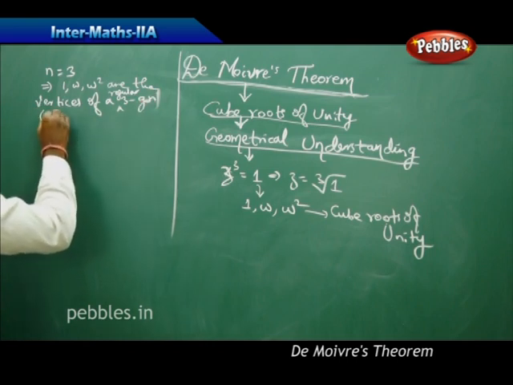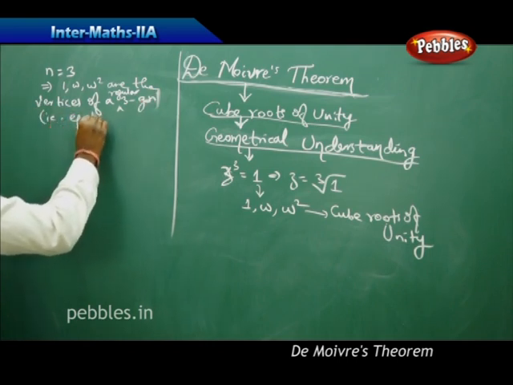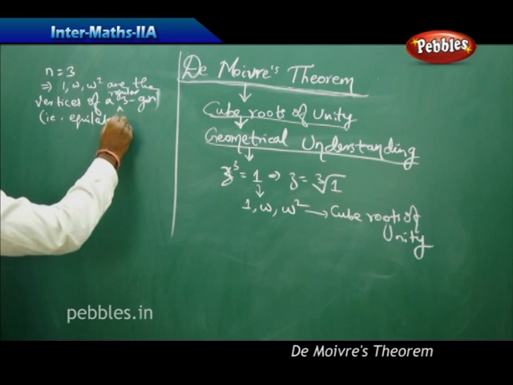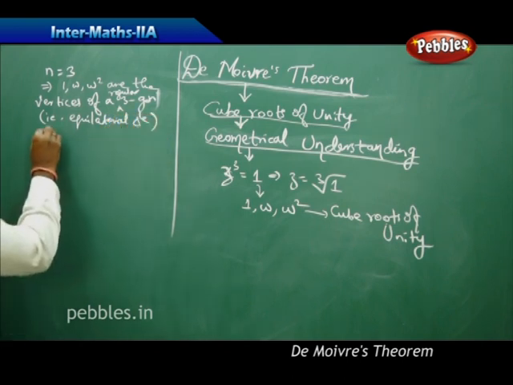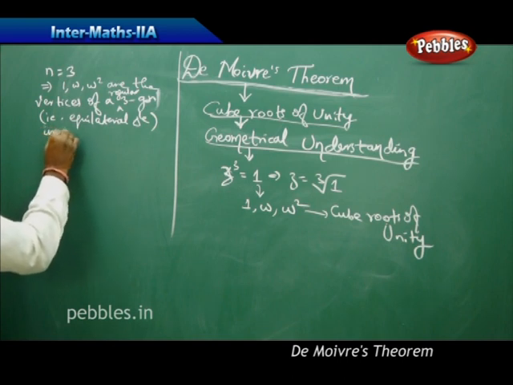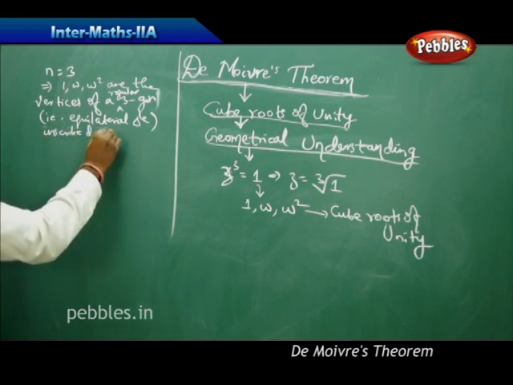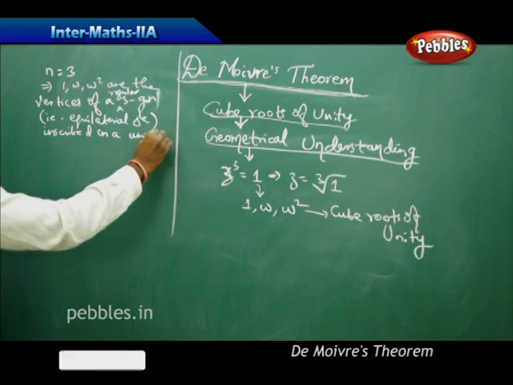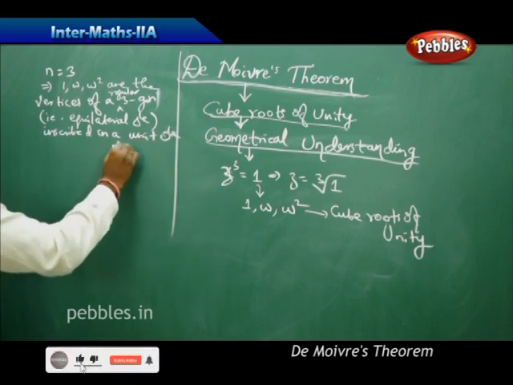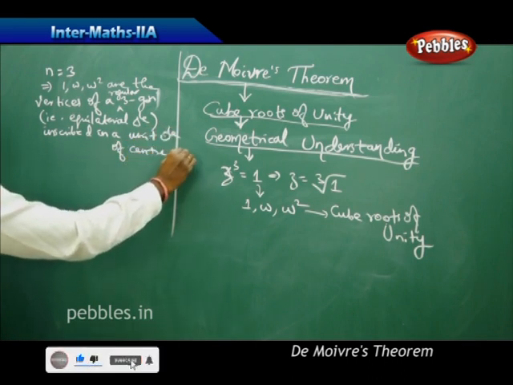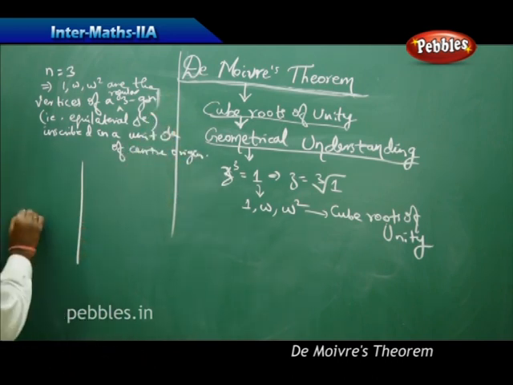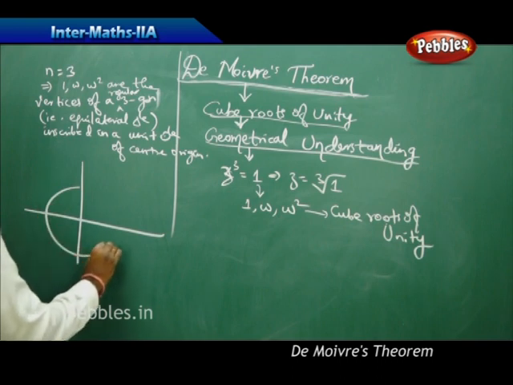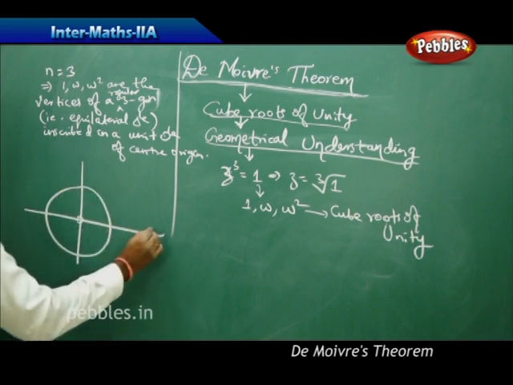Trigon, that is, an equilateral triangle inscribed in a unit circle of center origin. That is, when I take a unit circle of center origin,